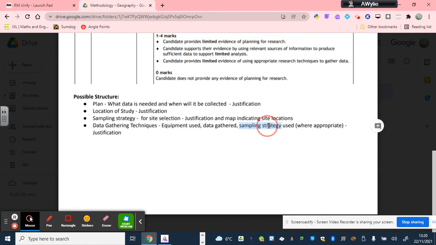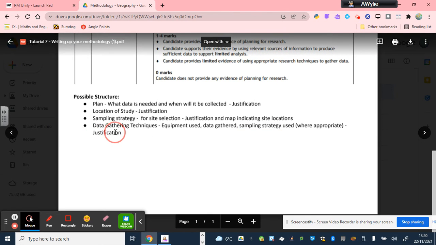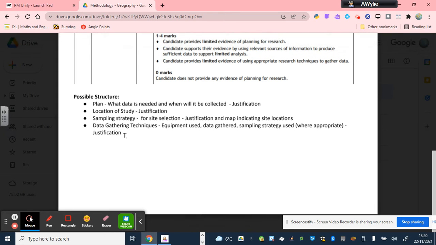If sampling was used to gather a particular bit of that data, then you must talk about the strategy that was used in as much detail as you can. And as with all of the above, everything must be justified. Now, the justification in all 4 sections is important because